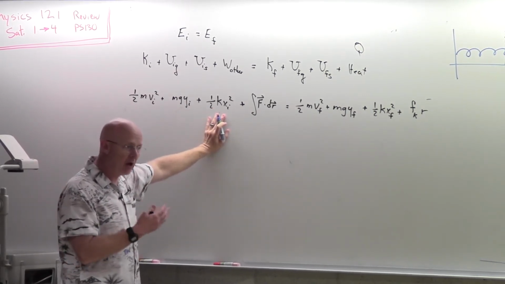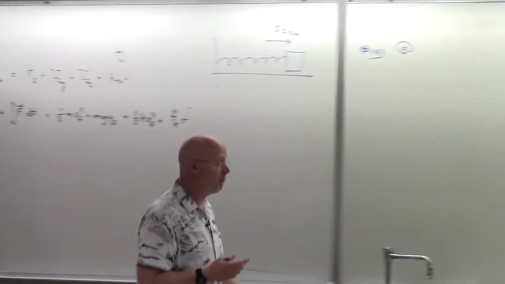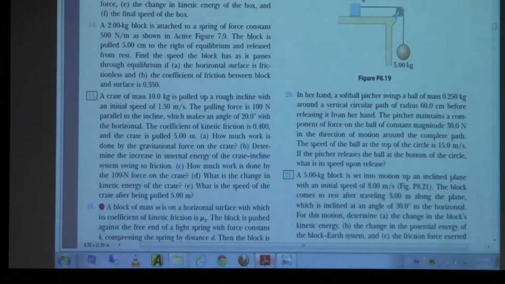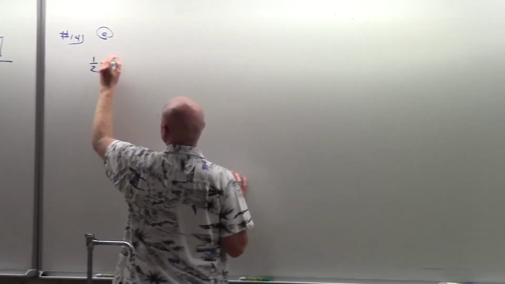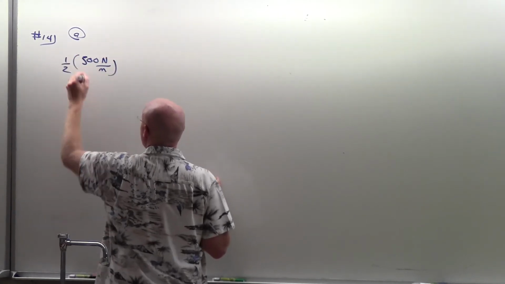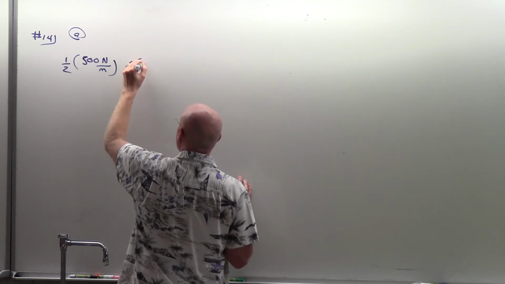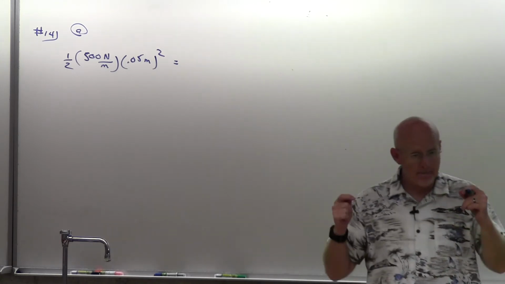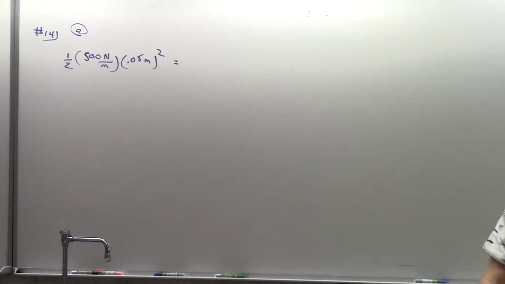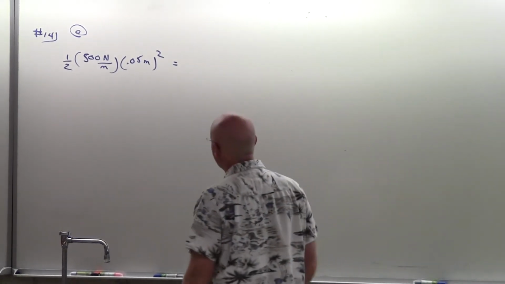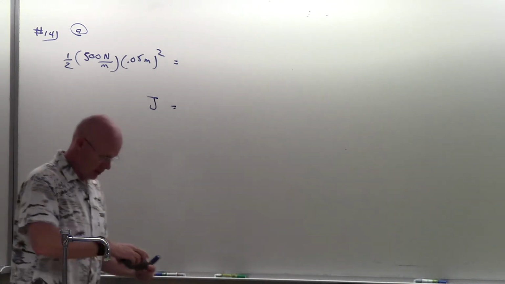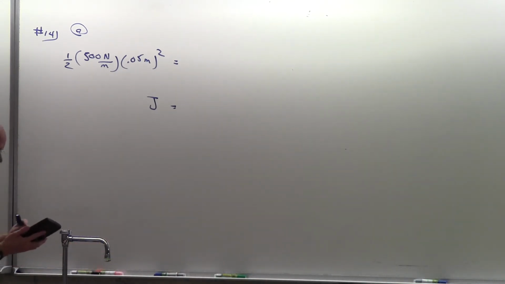Here's the only one that is relevant for this problem, and that is we have pulled it so that we have a 1/2, and I forgot the value of the spring constant, 500 here. And the 500 is in units of newtons per meter. And so when it says I pull it 5 centimeters, I pull it so many meters, and then I square it. But I'm going to make sure I have that in meters so that my answer will be joules. In fact, I have more to do here, but just to get a number on the board and have a discussion with it,